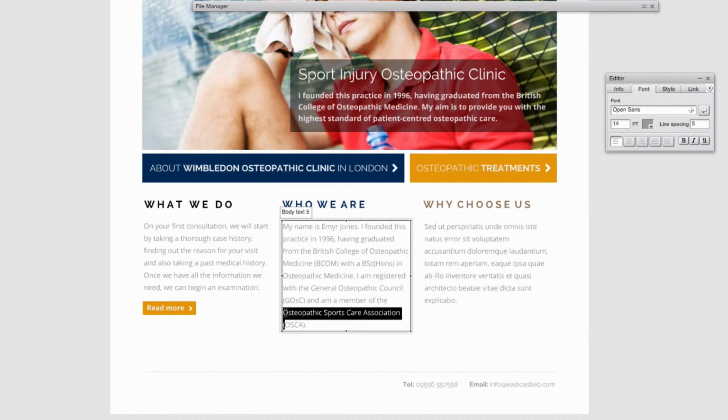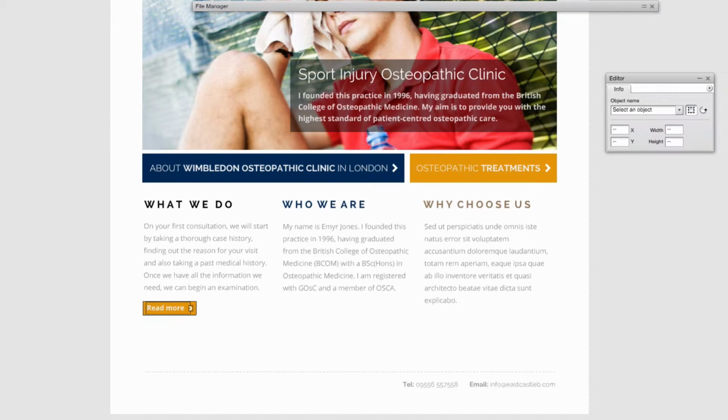So for now, I'm just going to have this shortened a little bit. Cool. And then I can duplicate the button,